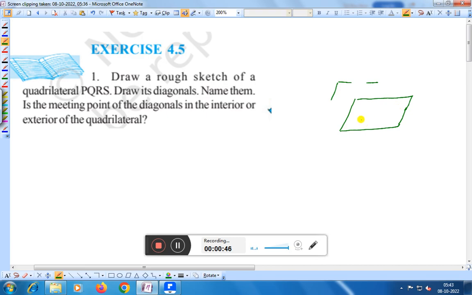We will take one quadrilateral and name it PQRS. This is a quadrilateral, right? And draw its diagonals. Diagonals means we have to join the opposite vertices, right? The vertex opposite to P is R. Therefore, you have to join P with R. This is the diagonal,